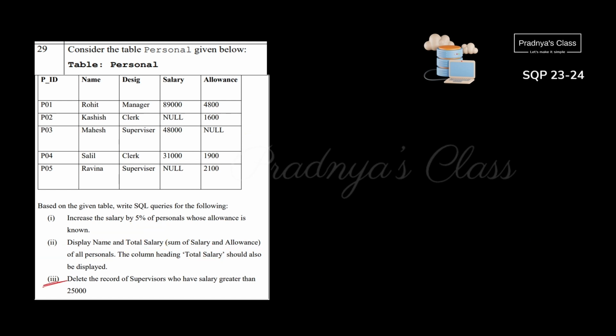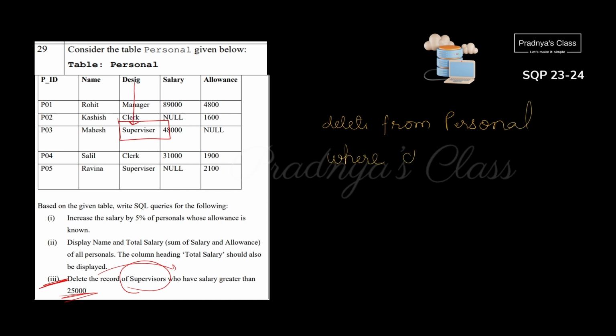Now let's check out the third description. Delete record of supervisor whose salary is greater than 25,000. From designation we will come to know that the person is a supervisor. It means there are two conditions. So let's write the delete query. Delete from table name. The table name is personal. Now let's check out the condition where designation should be supervisor.